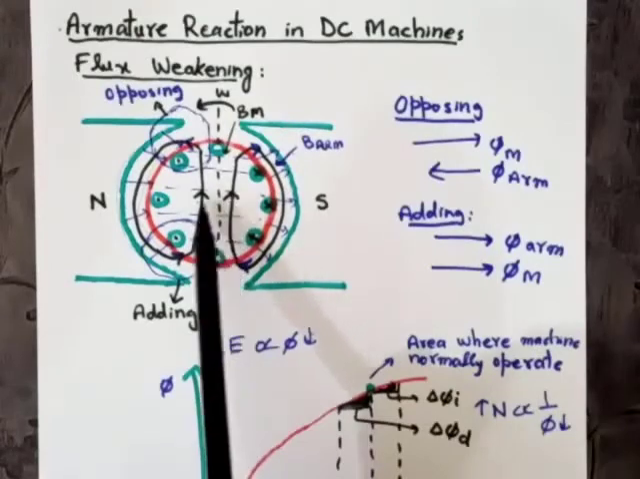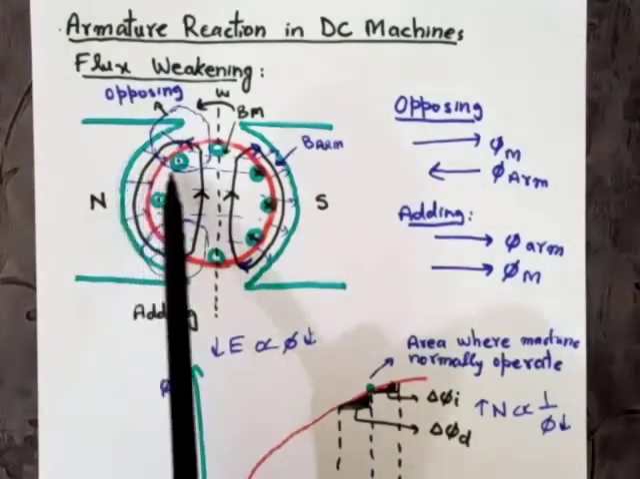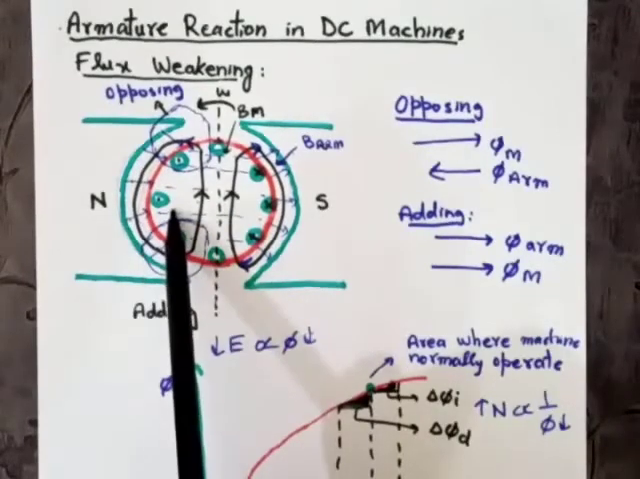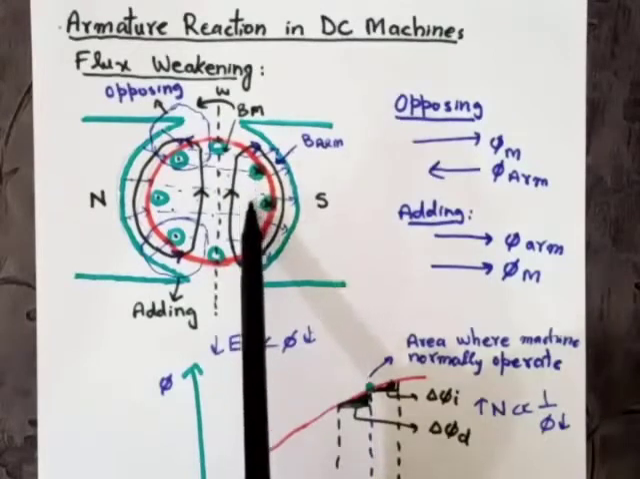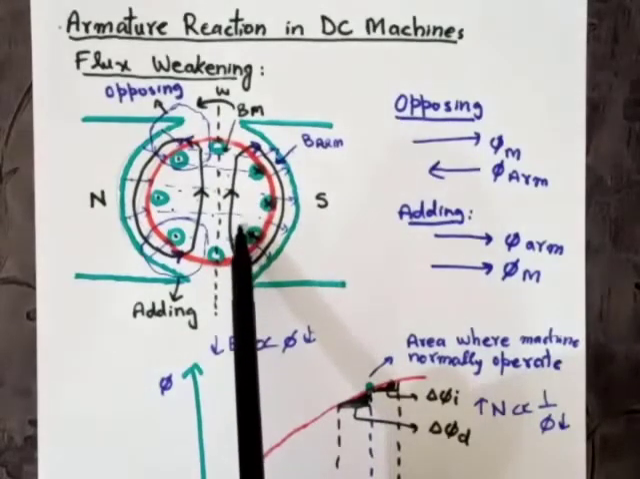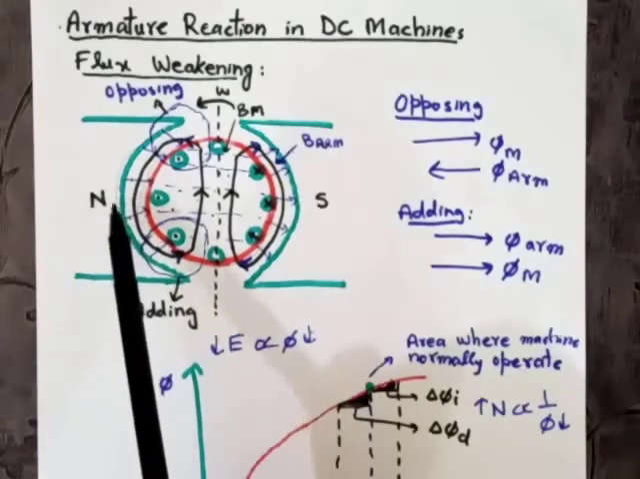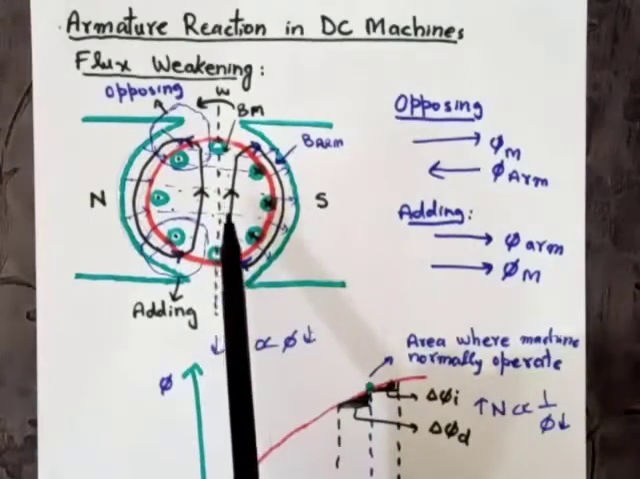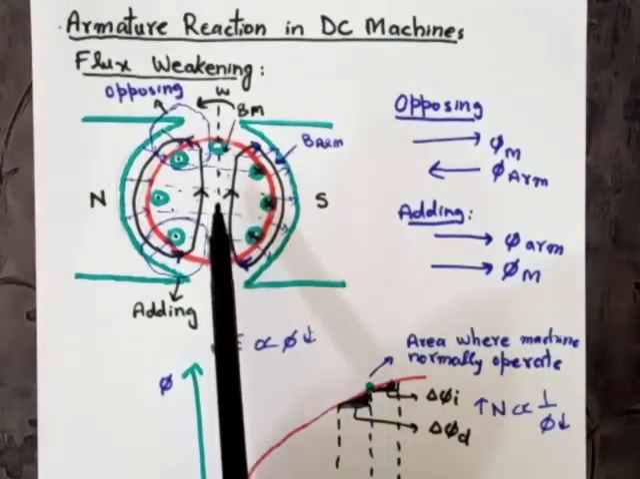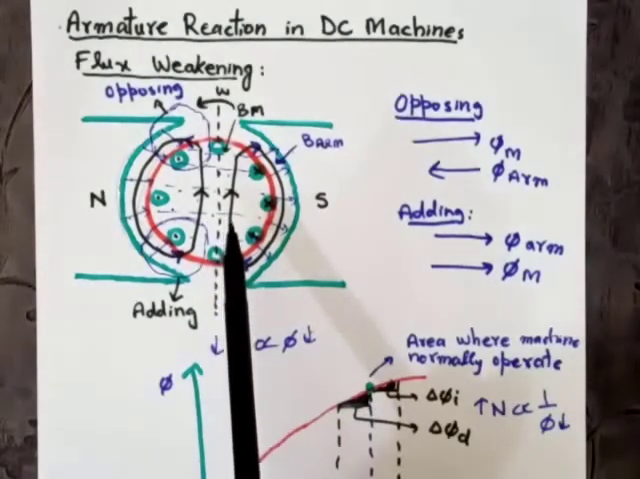These magnetic fields are due to the armature winding. These magnetic fields, as you can see in this figure, are due to the field windings. The direction of this magnetic field is from north to south, and due to the armature winding, the direction of the magnetic field is upward. As you can see in this figure,